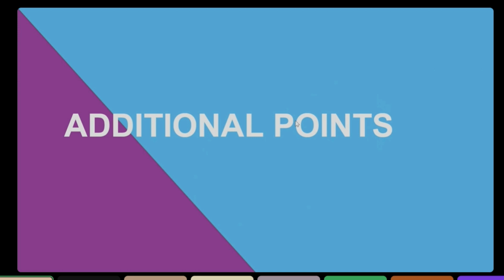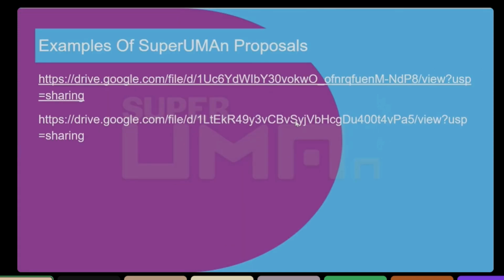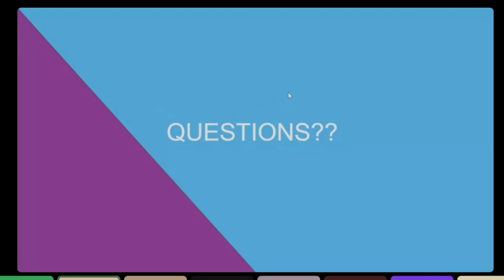So, moving on. I copied the link of some examples of proposals written by the Superhumans, and we could check that out in the slide. I copied the link and pasted it in the text app so you can check it out. And we have the citings, like the link I used as a reference. Then we're moving to the questions. Does anyone have any questions or any additional points on the presentation?